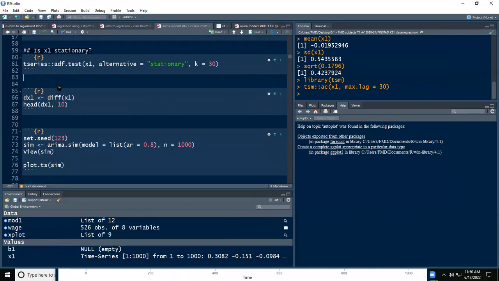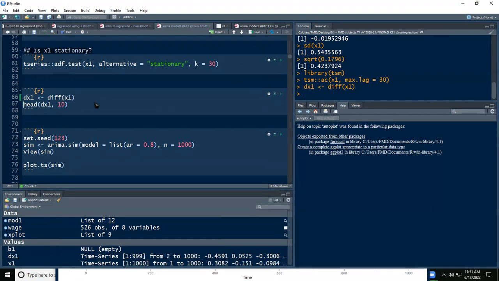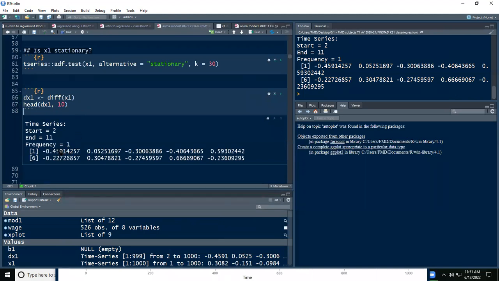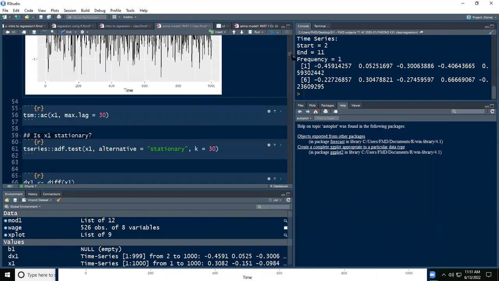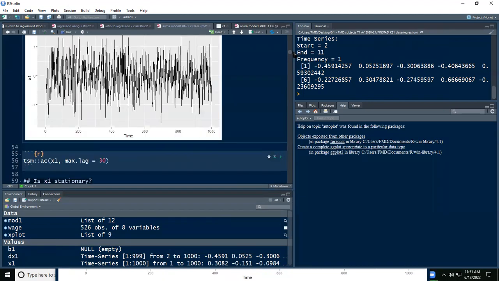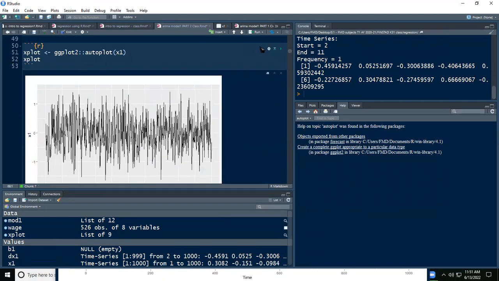All right. Ito na, hindi na kailangan to, no? Bakit? Ito yung sinasabi ko, guys, na i-difference natin. Diff x1 is equal to diff. So this is the function for differencing ng x1. Kaya tingnan natin. Okay, so ito na yung difference data natin. So let's plot our difference data. Let's just use this, guys.